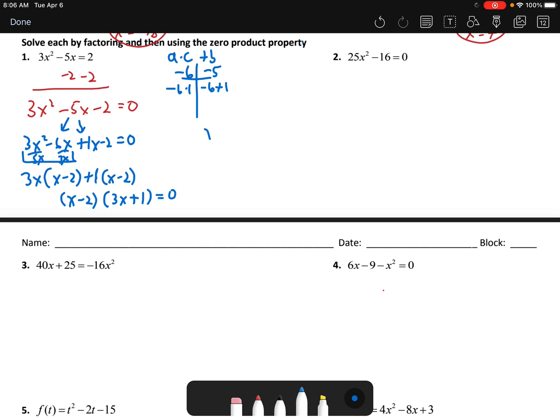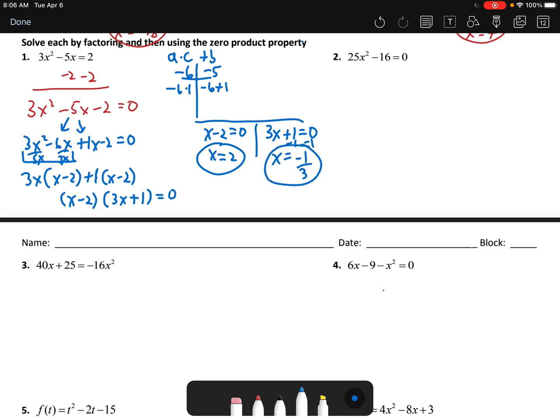Now, we're going to take each part and set them equal to 0. Here we would add 2, so that's x equals 2. Here we would subtract 1 and divide by 3. So it's negative 1/3, and we're going to leave it in fraction form. Okay? So we just found